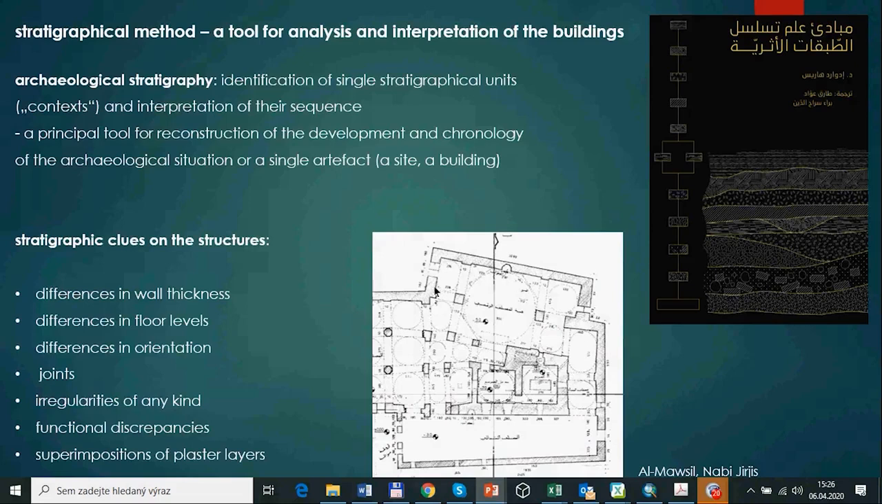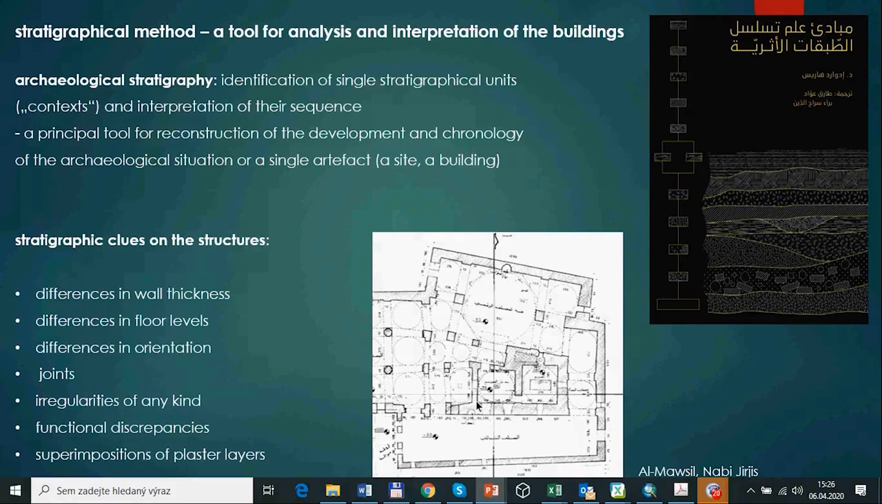We should make note of stratigraphic signs, stratigraphic clues on the structure. So what's important to follow, what's important to see on the buildings, what can reveal for us some stratigraphic or chronologic information. In a single